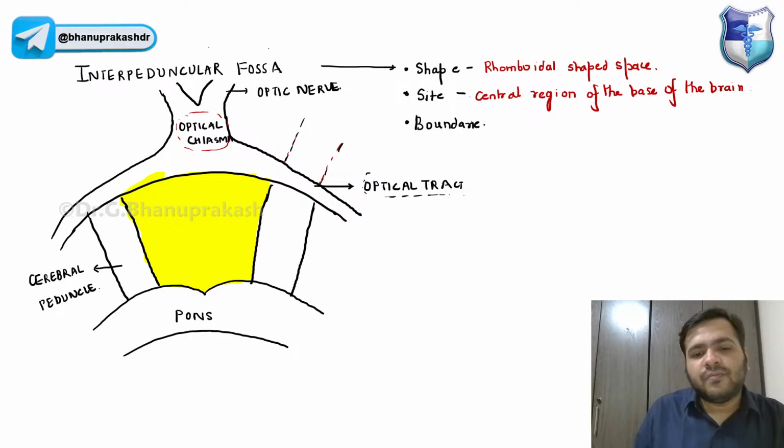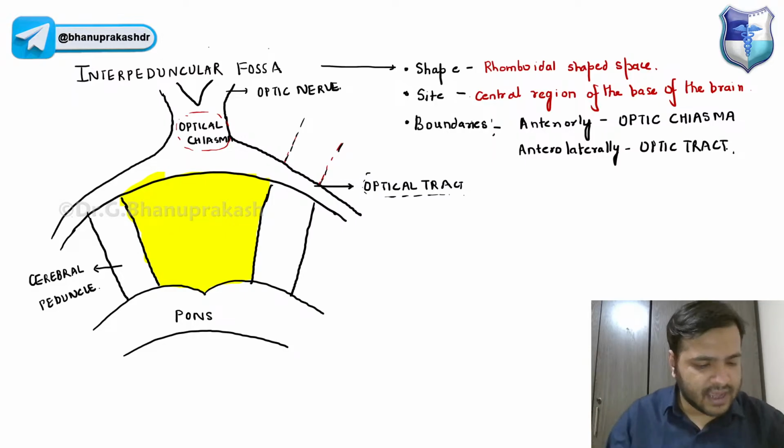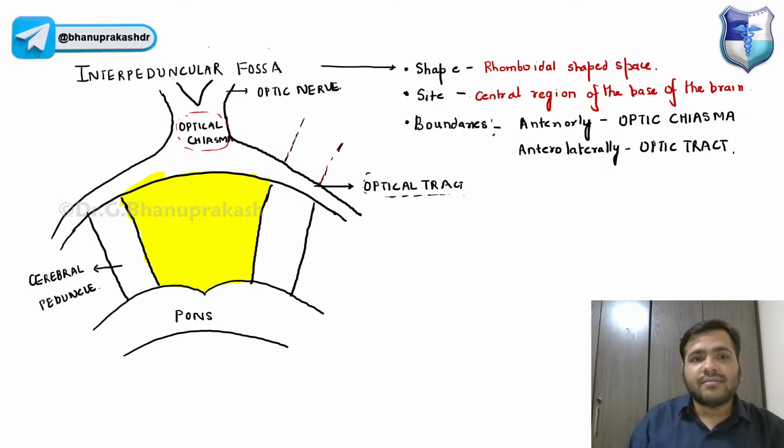बाउंड्रीज की बात करूं, तो you should remember कि anteriorly we have the optic chiasma, right? We have the optic chiasma, or anterolaterally guys, remember we have the optic tract. We have the optic tract, right? Anterolaterally we have the optic tract. Now guys, posterolaterally